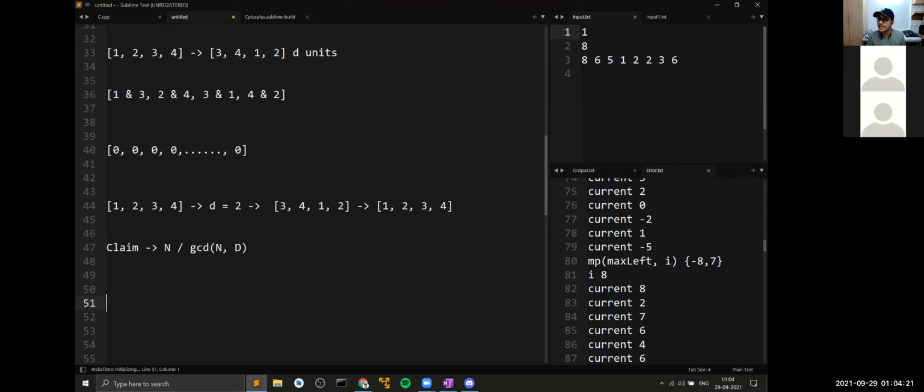So if this is not making sense, I can explain it further, but try to understand this first. I'll give you a minute or so to understand this. Okay, so is this clear, or should I explain it?